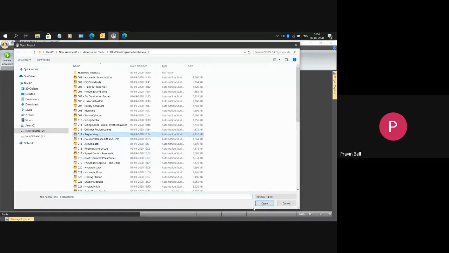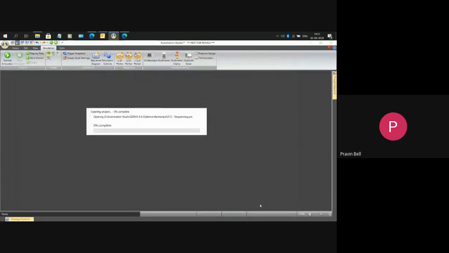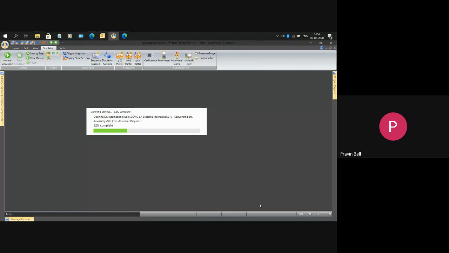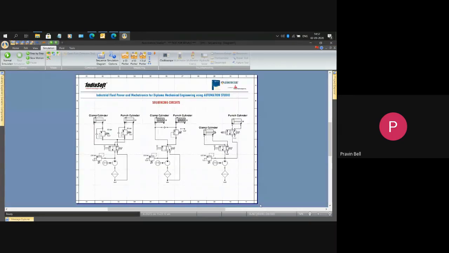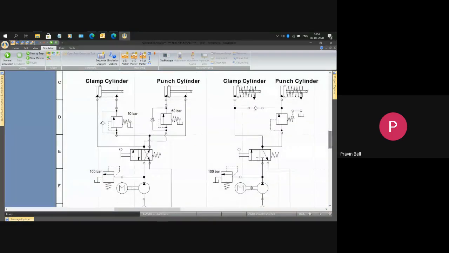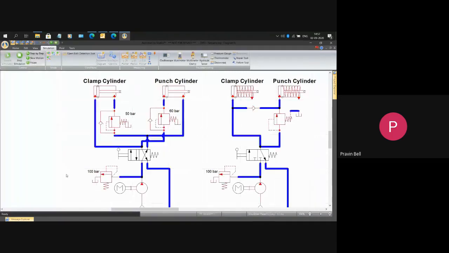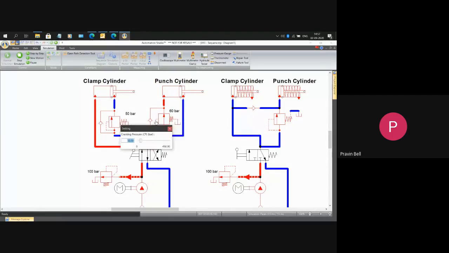Then after that, we also have a practical for sequencing. Again, I saw this in a lot of syllabuses. Sequencing circuit. Sequencing means first one piston extends, then the other, in various combinations. So the first circuit is that piston 1 will extend. Once it reaches the end position, the extra pressure will come to the second cylinder and extend it. So first cylinder extends, then the second. And there are two sequence valves used here.